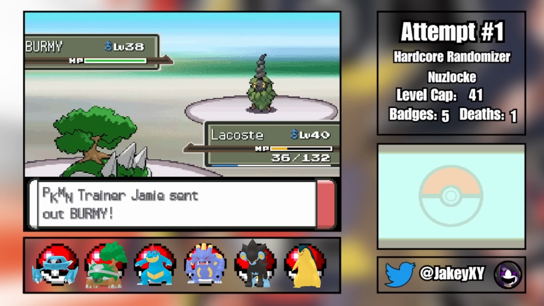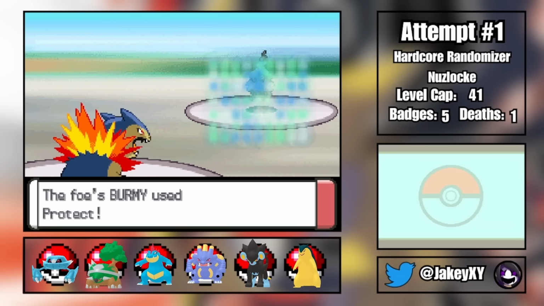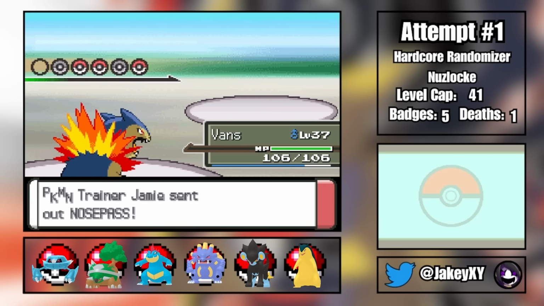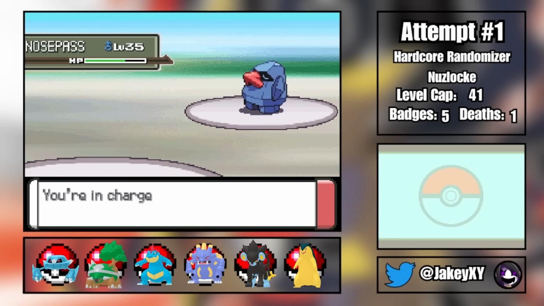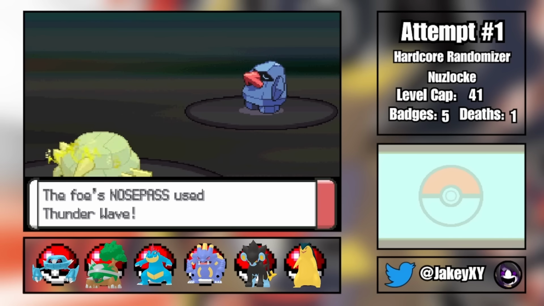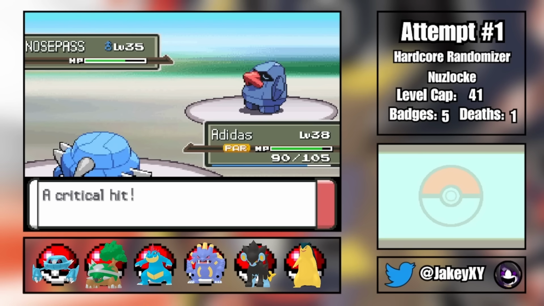Jamie then sends out Burmy. We swap Lacoste out for Vans as Burmy goes for a Protect. The next turn, Jamie smartly withdraws Burmy for Nose Pass, who takes a Lava Plume from Vans very well. Two can play the switch game though, Jamie, as we swap Vans out for Adidas, who is hit with a Thunder Wave straight away. A critical hit Rock Slide from Nose Pass on the next turn does minimal damage to